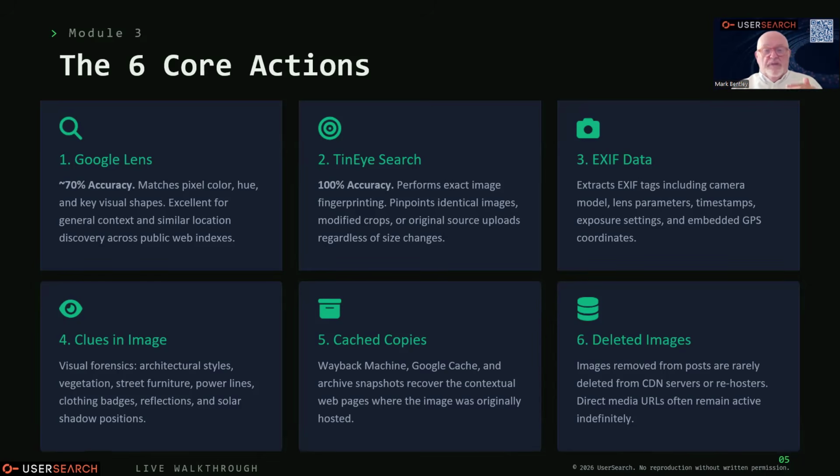Cache copies. Now, cache copies: Wayback Machine, Google Cache, Cache View NL. Think about those to look at web pages before something was stripped out. Also, you can use cached copies and Wayback Machine and what have you for looking for something. Let's say you're looking at a target or a person of interest and they locked their Instagram account down. It became private in April 2025. Well, go to March 2025 and have a look at their account with all their pictures on Wayback Machine, because they took a copy of it before it was locked down.